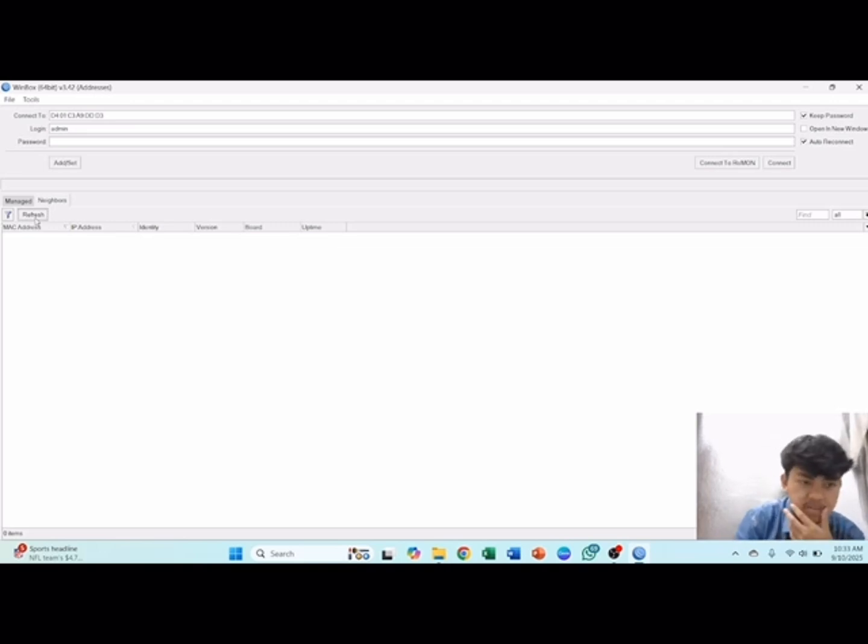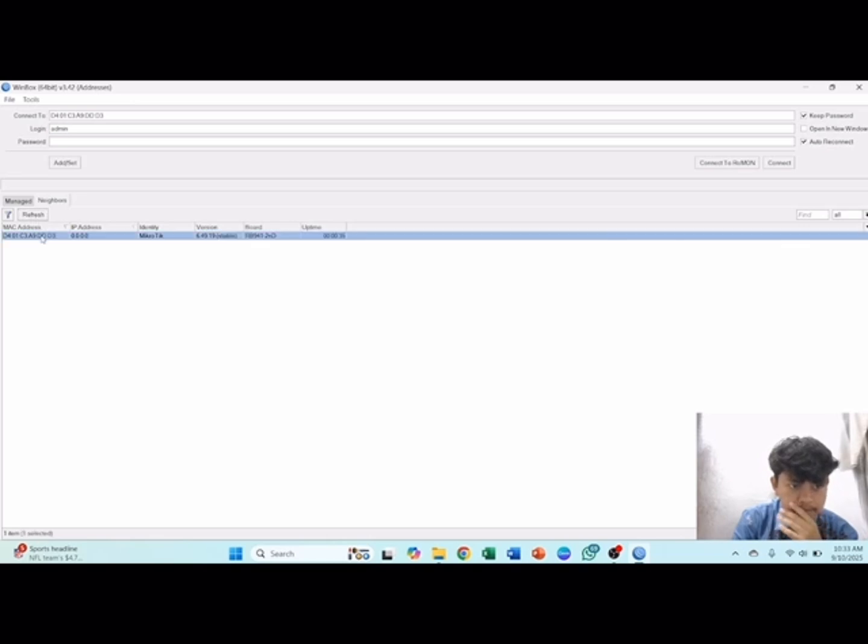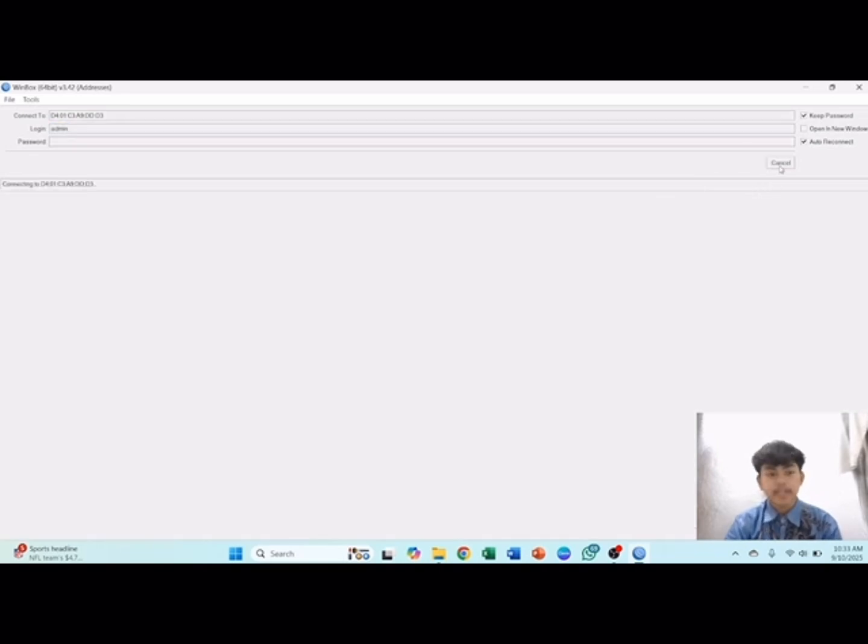Then you can click the MAC address and click connect.